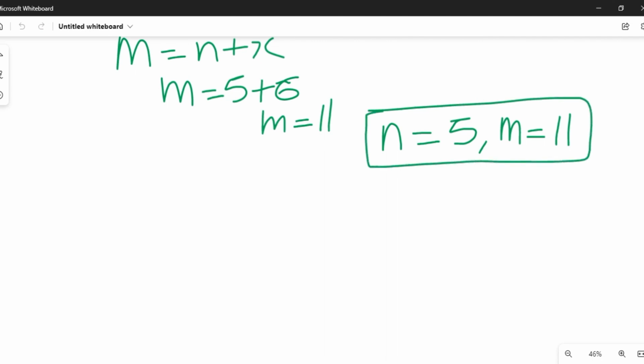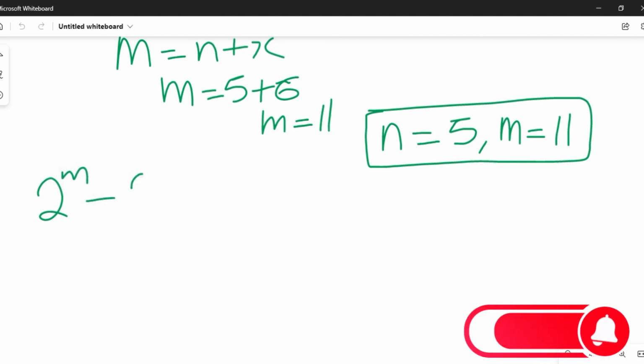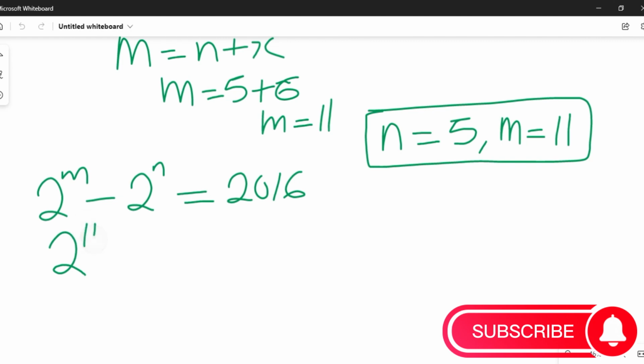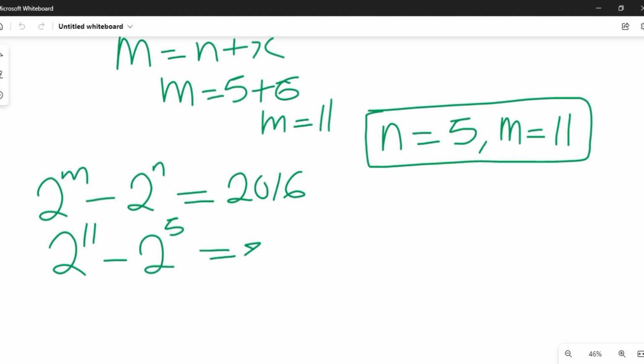Now let's check if our solutions are correct. In the checking section, we are given 2 raised to the power m minus 2 raised to the power n. And whatever this gives us, it must give us 2016. So we have 2 raised to the power m, which is 11, minus 2 raised to the power n, which is 5. So what would this expression give us? 2 raised to the power 11. Let's look for a calculator and point our calculator. 2 raised to the power 11 will give us